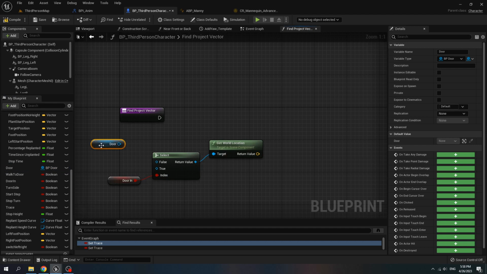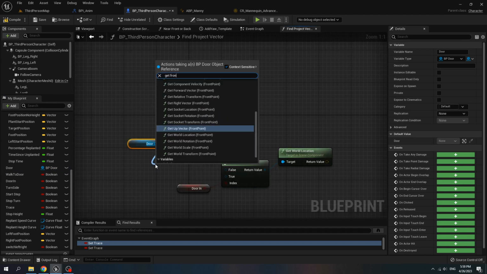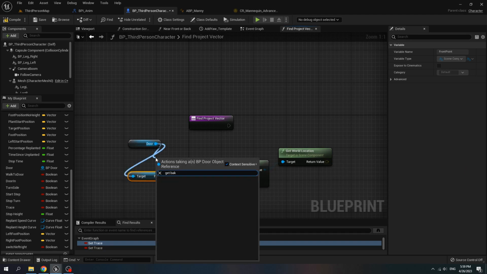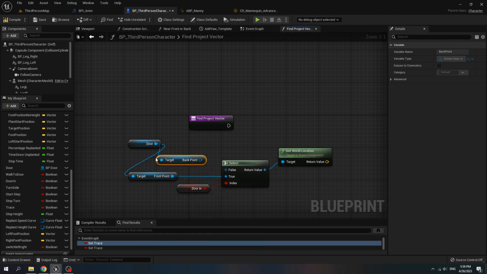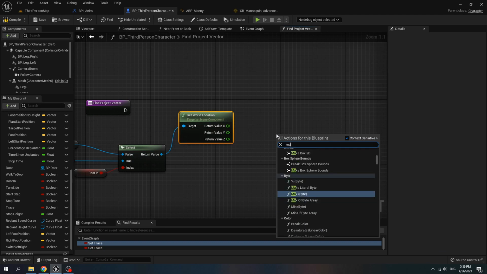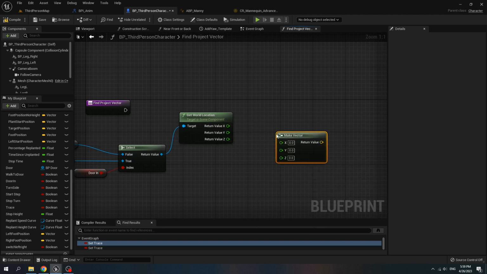Get door, get front point, connect it to true, and get back point, connect it to false. Then split it, make vector, connect x to x, y to y.